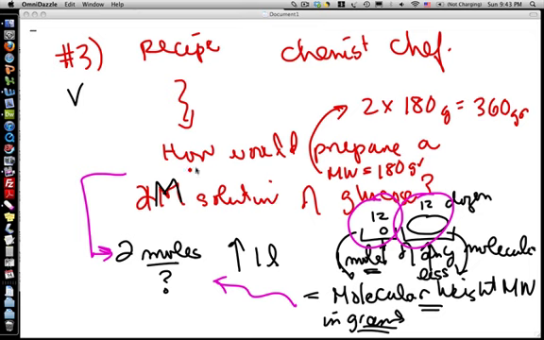So how would you prepare a 2 molar solution of glucose, molecular weight of 180? I would weigh out 360 grams, because that's 2 moles, and I would dissolve it up to 1 liter. And that's a 2 molar solution of glucose. Then the next thing to say about this problem is, because molarity is equal to moles per liter,